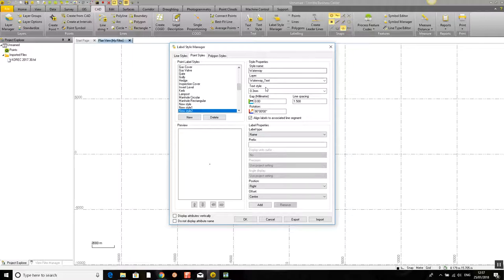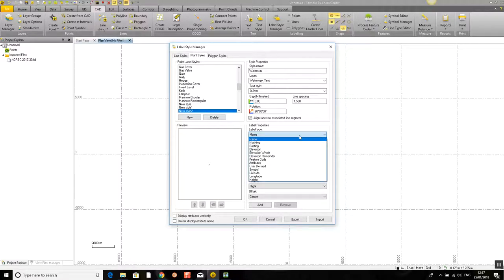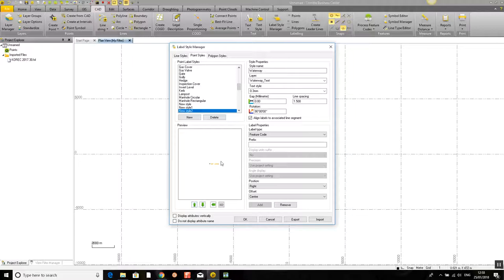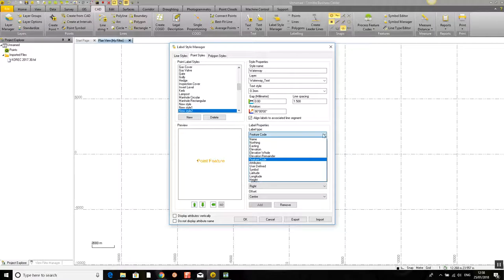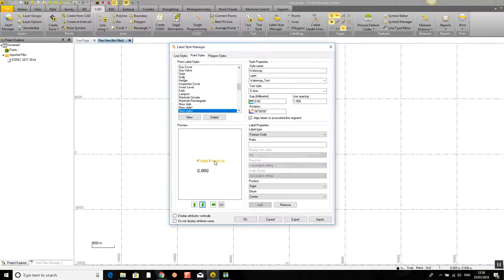So for my waterway, what would I like displayed as text next to each point I survey? So label type, I'll probably just go with feature code again, WW for waterway. I'll add that first. I'll zoom in, and maybe an elevation as well. So if I drop this down, select my elevation and add, my two labels are sitting on top of each other. So the elevation is currently active at the moment, you can see it in orange. So if I move this down and then I activate my point feature and move that down, I might put the two of these underneath